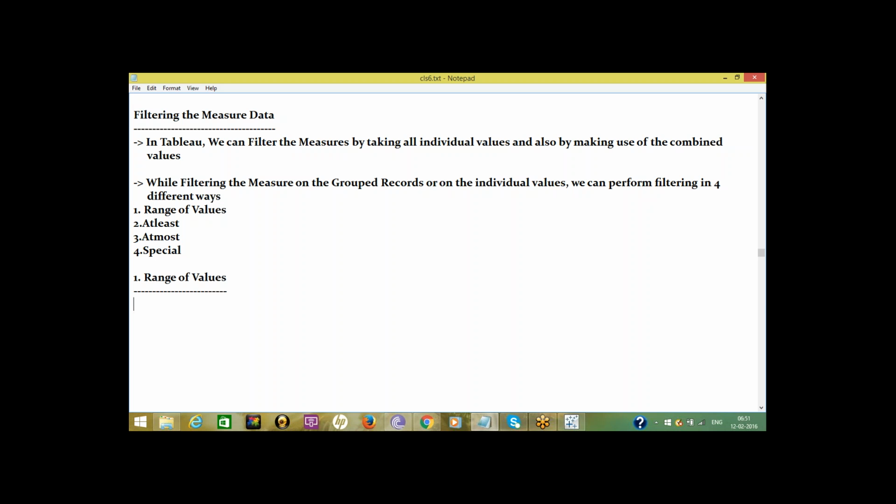Next one is special. While handling nulls in the measure, we need to go for this special option.